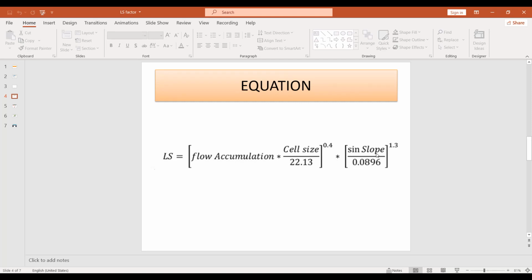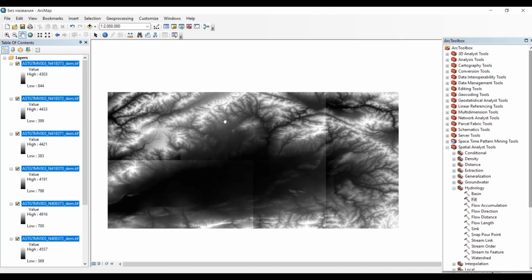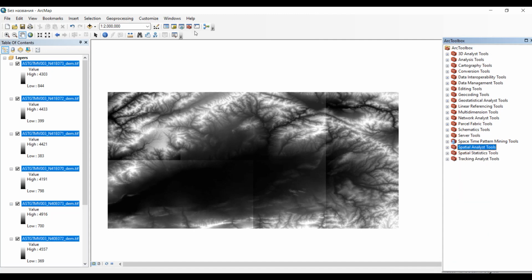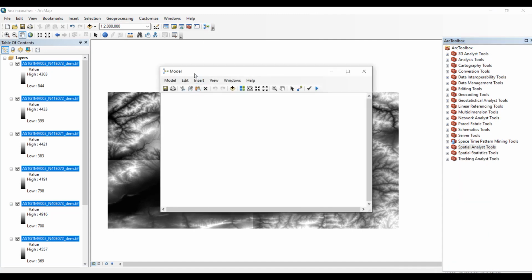And sine of the slope, so we will calculate slope from the digital elevation model, and we need also to calculate flow accumulation, and this is the hardest part, because in order to calculate flow accumulation we need flow direction, and before that we need to apply fill operation to make the flow direction map. So we have multiple images, and we need to process several steps, and in order to facilitate our work we will use Model Builder. So let's open it,